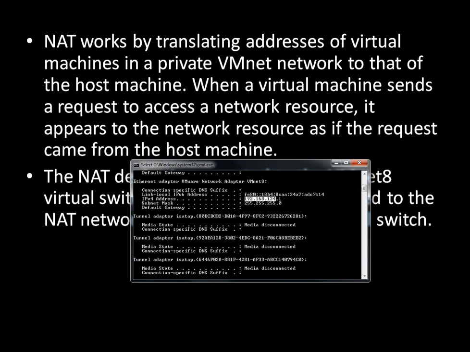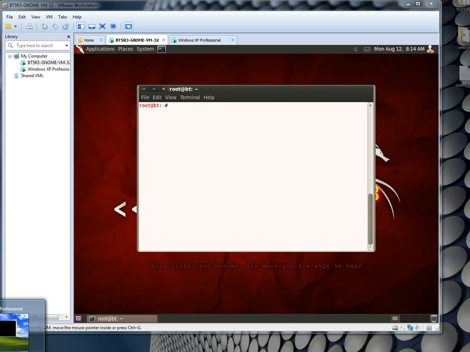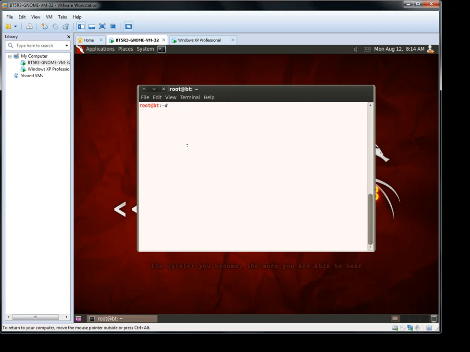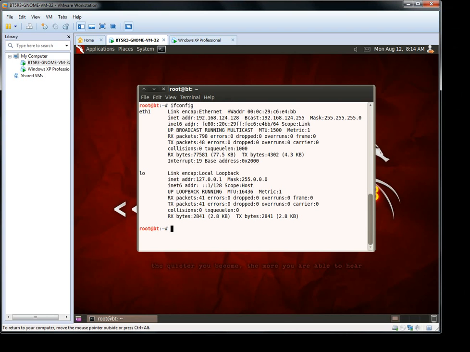And now I will show you my virtual machine and look for its IP address. Look, friends, my virtual machine also shares the same router address, and 192.168.124.128 is its IP address.